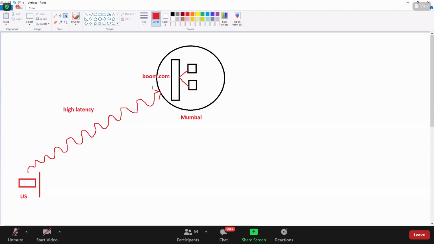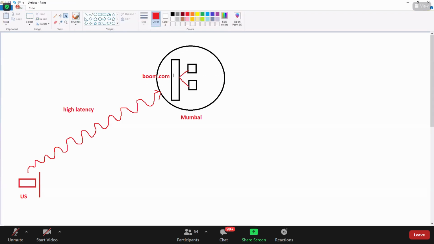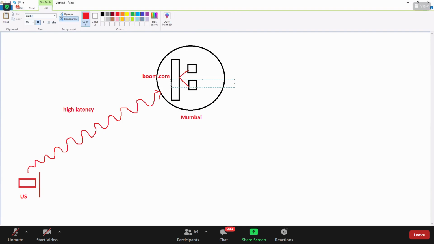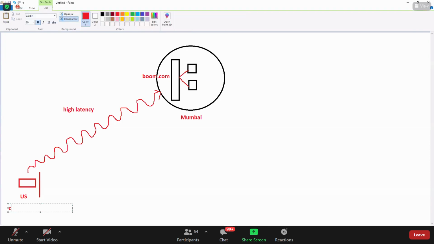And also, your boom.com is nothing but your ELB DNS only, right? We are just giving an alias name for your DNS name. Do you agree this boom.com is nothing but your ELB? Everyone? Yes, right? Okay. Now, this US customer, who is sitting over here, is telling you, an AWS admin, or an architect. The customer is in US and he's connecting from his company.